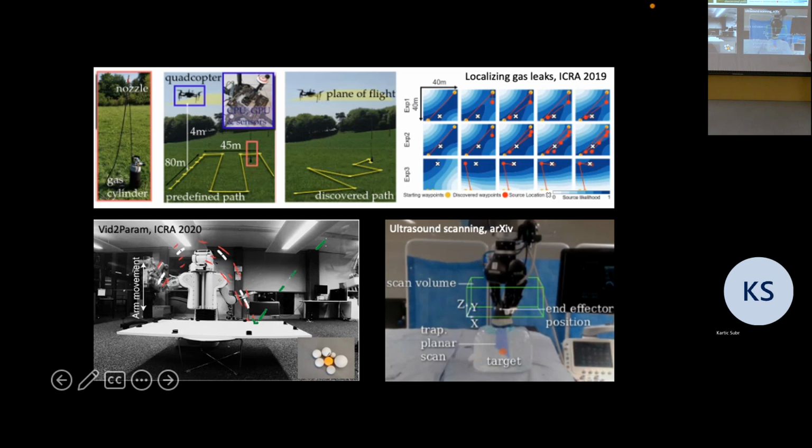If you've ever been to a doctor and seen how they scan, they usually move the scanner till they find a position where they think the image looks good. And that is not really well defined. There's no scientific formalization of how that should be done. So what we did was we took samples from a doctor. We asked several doctors to come in and perform scans. And this in the robotics community is what's called learning by demonstration.